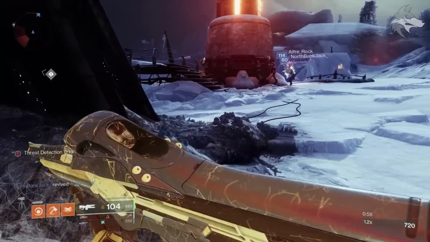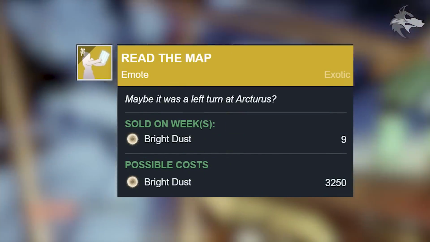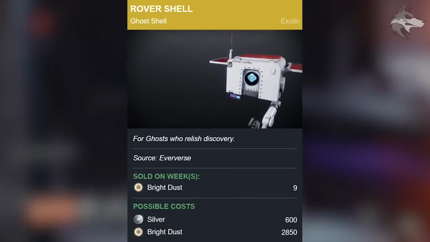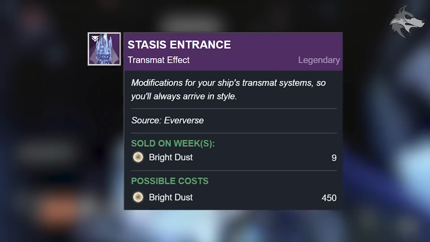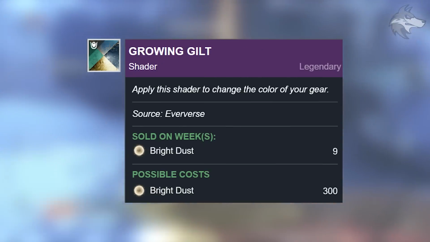And for Bright Dust this week, we have the Read the Map exotic emote. That one's 3,250 Bright Dust. But additionally, we'll see the Rover Shell exotic ghost right here for 2,850 Bright Dust. And then the Transmat effect is the Stasis entrance, which will cost 450 Bright Dust. And the featured shader this week for 300 Bright Dust, as always, is the Growing Guilt, which is the shader